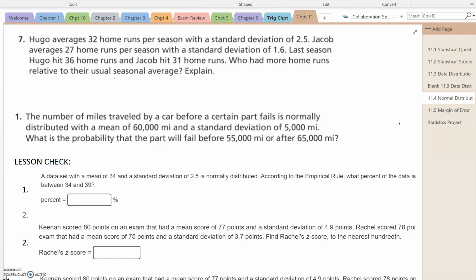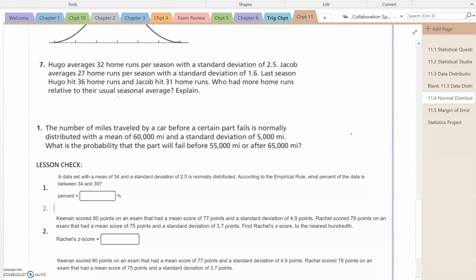Explain. So if you're just looking at the total number of home runs, then obviously Hugo hit more home runs. But comparatively, Hugo normally hits 32 home runs, and Jacob normally averages 27 home runs. So it might be that Jacob performed better compared to how he normally performs than Hugo, because Hugo typically scores more home runs. So if we want to standardize these to see who did better compared to how much they usually do,